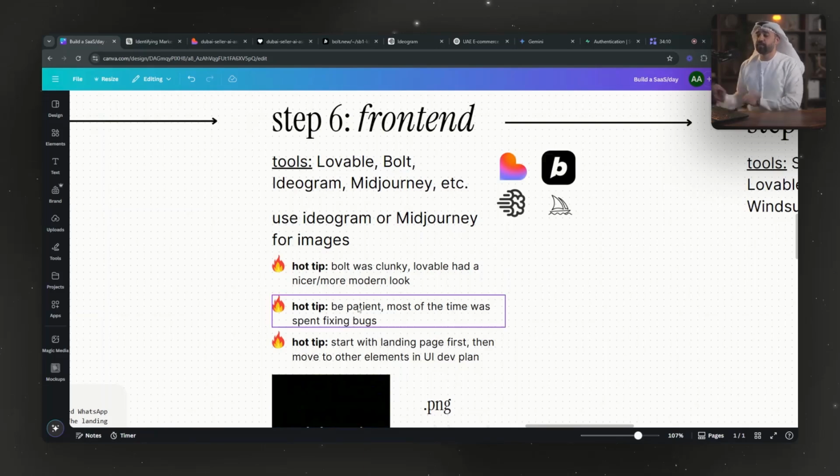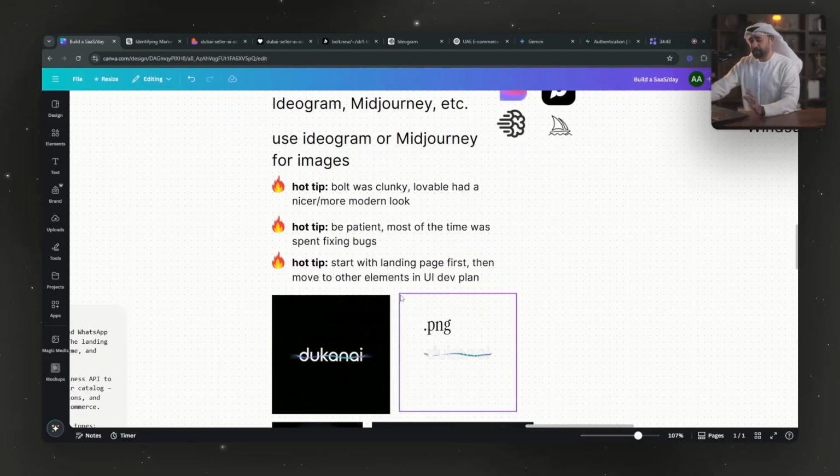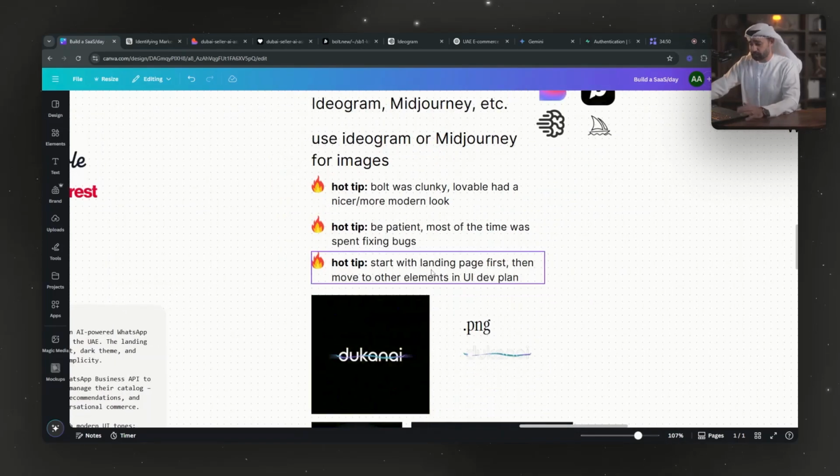So be patient. It's very, very important. The reason this took 60 minutes, and it should not have taken me 60 minutes, is because there were a lot of dependencies, errors, and components within the landing page that I was very picky about. I want this color, I want this type of animation, I want XYZ, which took a lot of time. Don't be like me. Be patient if you face errors, and just keep prompting, and also be aware of the credits you're going to be using. I think I used 10 credits for this, plus the 5 daily credits. My subscription has 100 per month, so I used 10 of that and 5 of the daily credits. I think it did not charge me for fixing the errors, so that's a point to keep in mind.